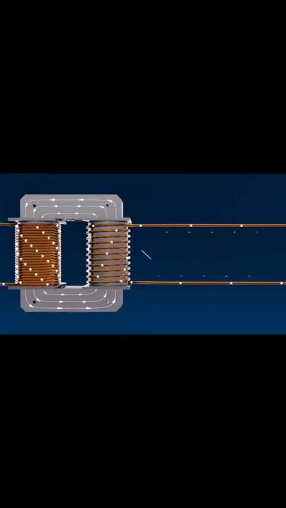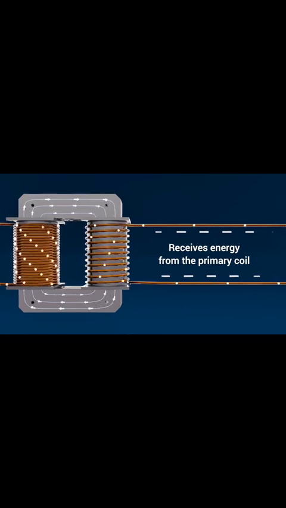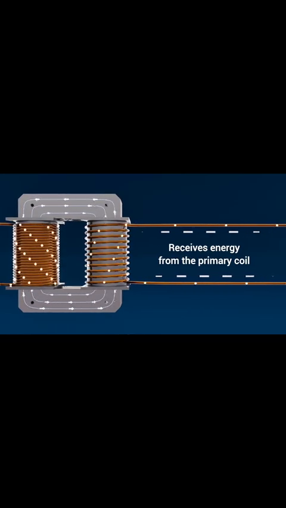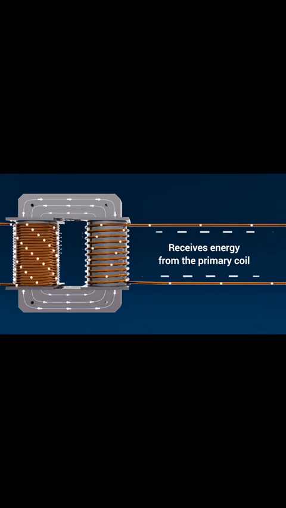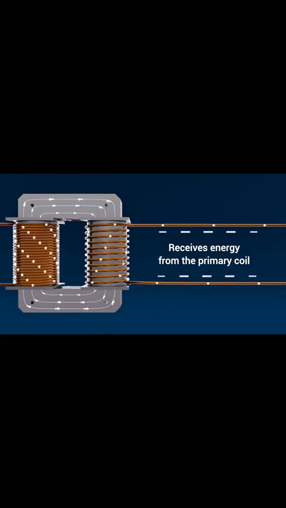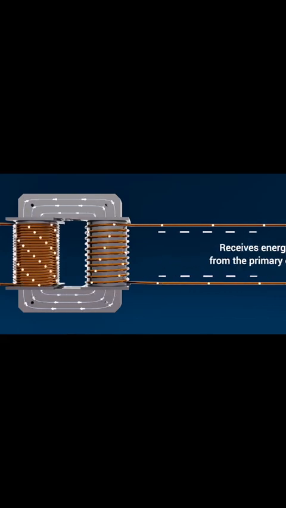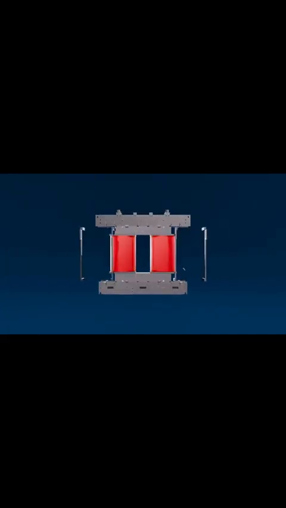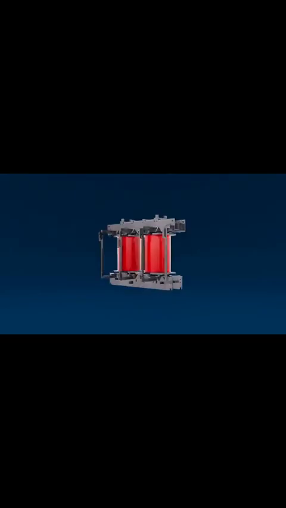This is where the energy arrives, induced by the flux shared through the core. The voltage here depends entirely on the ratio of turns compared to the primary, making it either step up or step down in function. Surrounding these coils is the insulation system, a barrier that prevents electrical breakdown between coils and